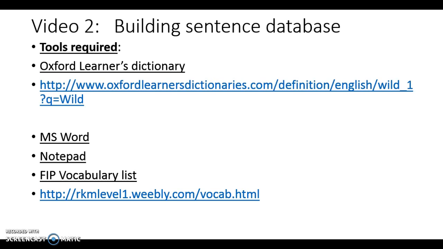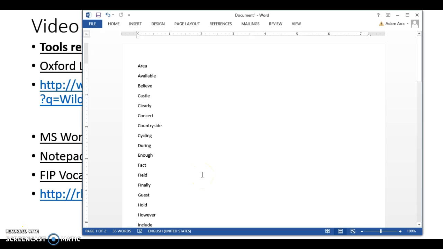However, this is a very, very interesting workaround that allows you to take any Word document based test and very quickly convert it into a Blackboard test. And we will go through those steps right now. First, we need to build a vocabulary list in the Word document. Once you have that done,